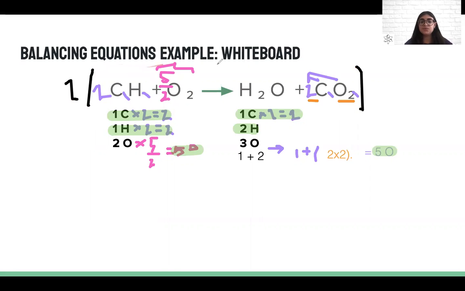What does that mean? Well, I'm multiplying everything, and by everything I mean the coefficients of everything. So this 2, this 5, this 1 that's over here, remember, since there's not anything, we say it's a 1, and this 2, we're grabbing everything and multiplying it by 2. So what's that going to give us? Well, we used to have 2 CH, but now we're going to have 2 times 2, 4 CH. Plus, we used to have 5 halves of O2, but since we multiply that by 2, now we're just going to have 5 O2, and